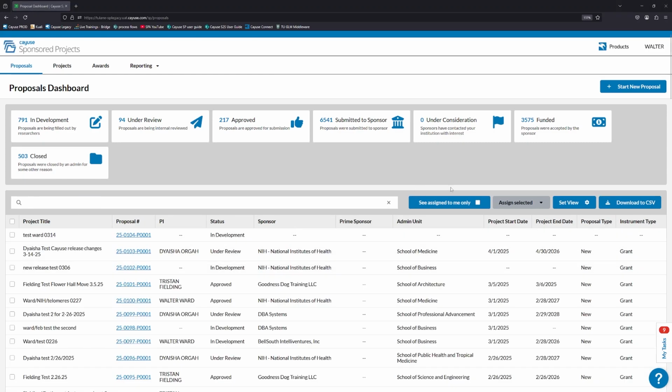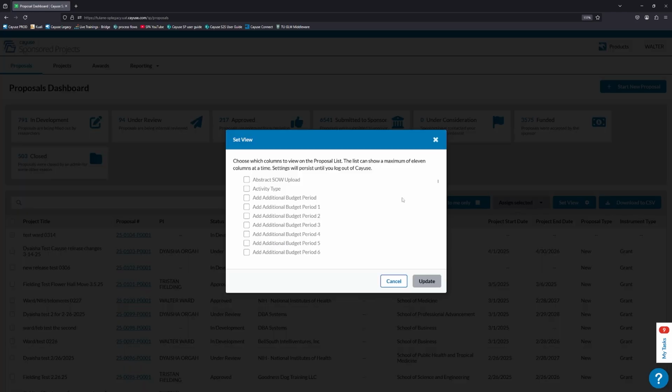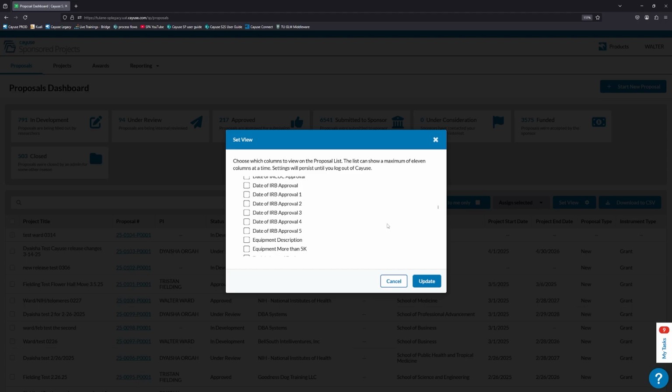The other thing I'll show you on this page is we have these 11 different columns here. Unfortunately, at the time, these are not sortable, but you can set the view. If you don't like what some of these are or you don't really care about the information, for example, I don't really need to know the instrument type, whether it's a grant or a contract, so I can go to set view, and I have to uncheck one of these. There's a maximum of 11 columns, so I've got to uncheck one. I'm going to uncheck instrument type, and maybe I care about, let's see, I will find one that I like,